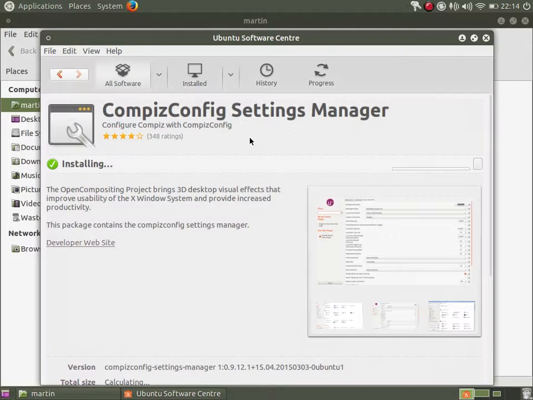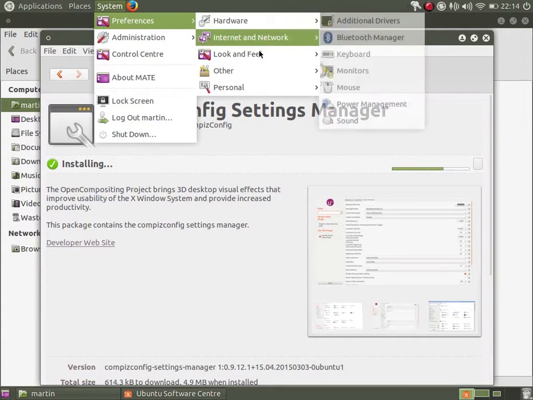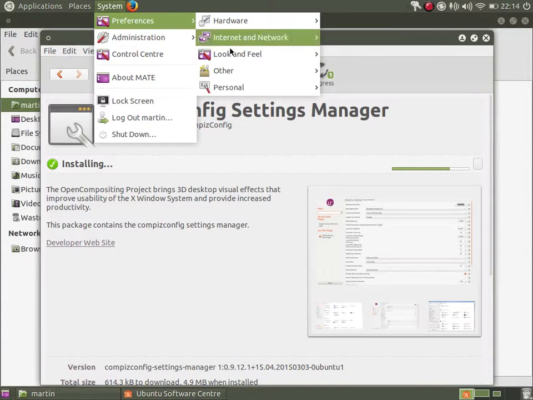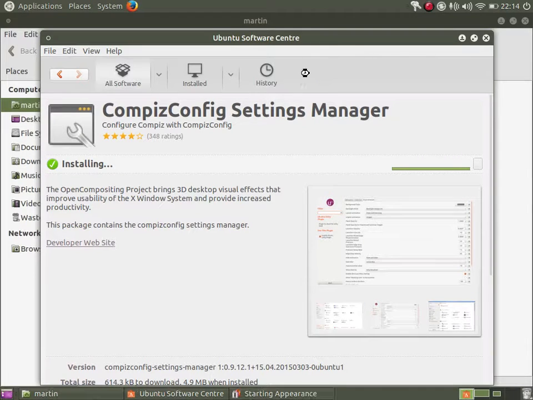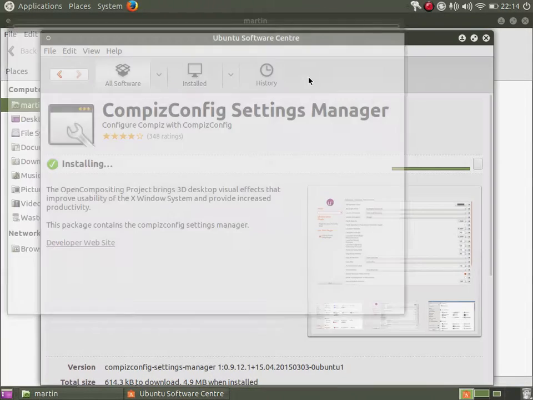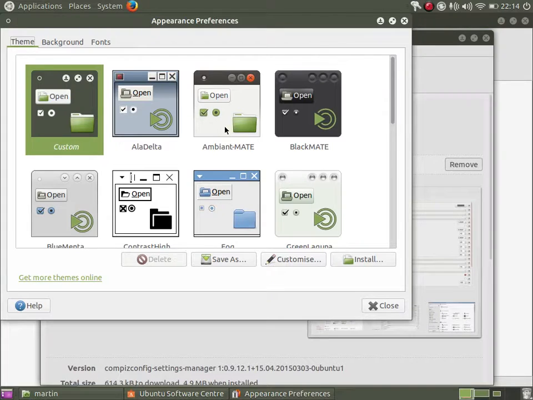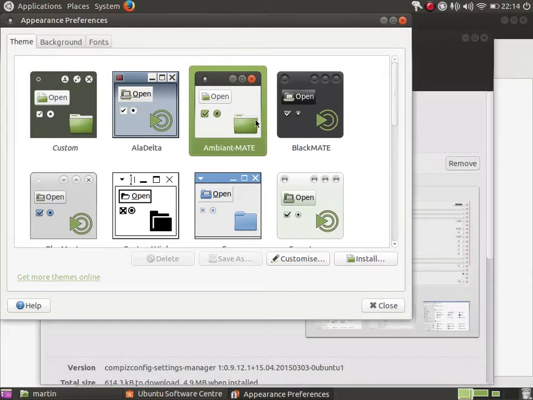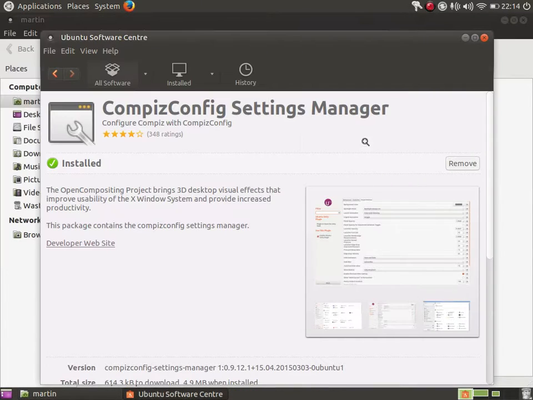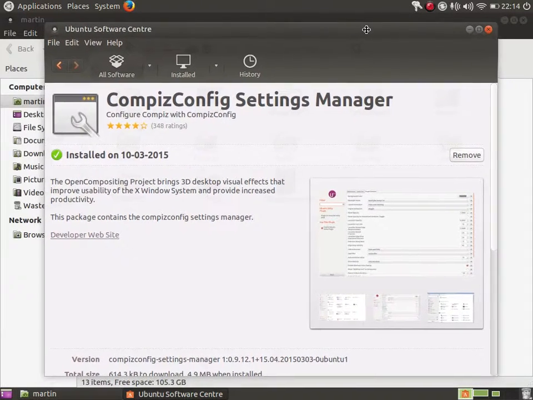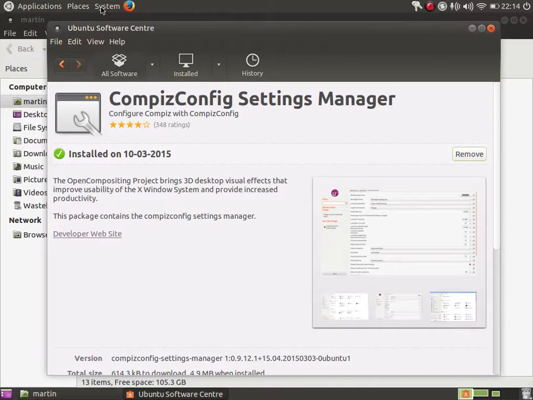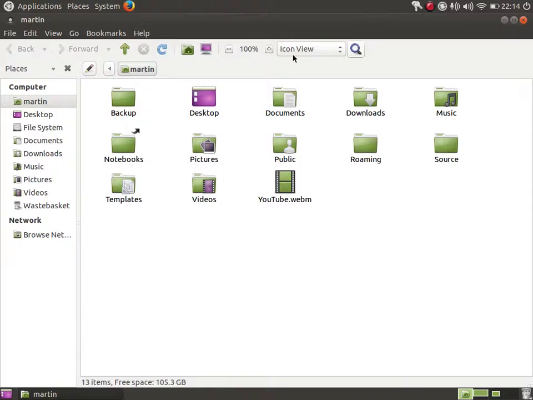it actually uses the GTK window decorator. So if you want to change the window border theming, you can do that in the usual way. You just go to the appearance settings. Let's switch to Ambient Mate. There we go, and you'll notice the window decorations have switched accordingly. So you can use your usual themes to provide the window decorator themes, and you can do the usual customizations with that. So Compiz Settings Manager is installed,